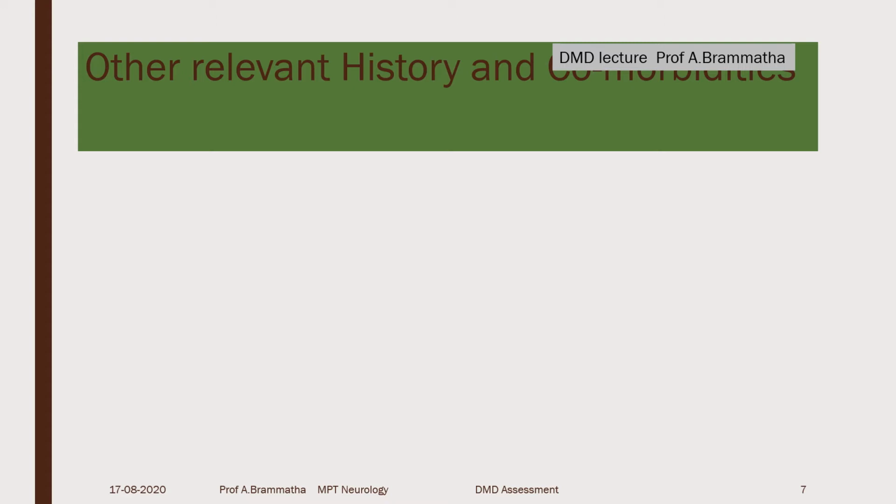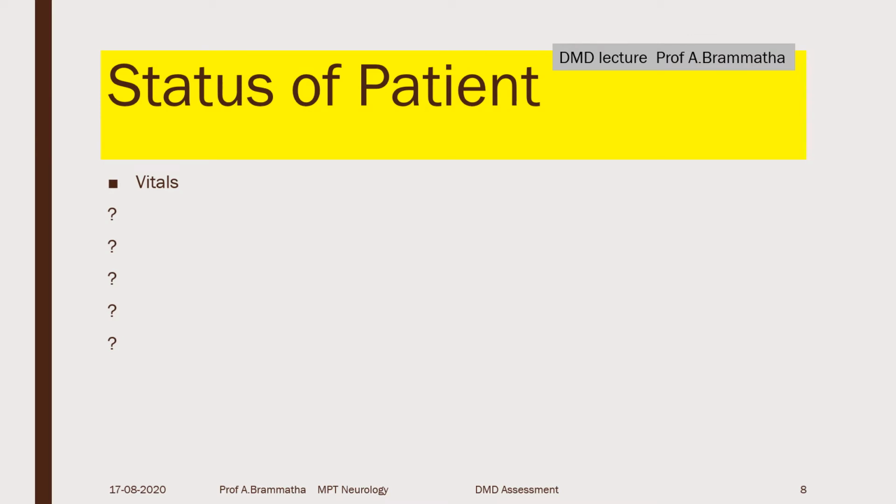The other aspects you have to note: whether the child is going for regular schooling, what is the intelligence level of the child, and the psychosocial history of the child, because the child will be able to participate in a regular exercise program to improve his quality of life. And the family history: an uncle might have died with DMD and the mother will be a carrier, and associated problems like pressure. All those things in your regular pattern of assessment have to be considered.